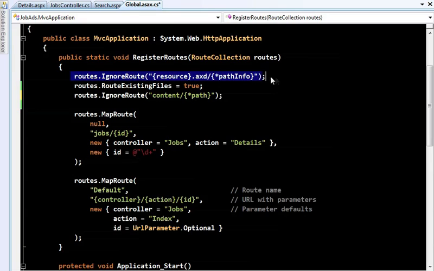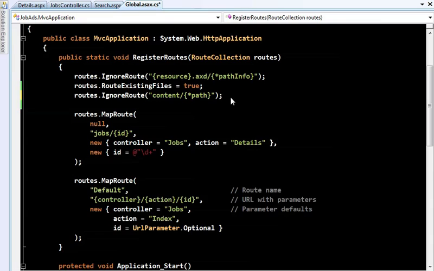And that's exactly how this default entry works, which tells the routing system to ignore all requests with a .axd extension, no matter what else appears in the URL. And in case you're interested, that's needed to make the ASP.NET tracing system work, which uses URLs of the form trace.axd/some other stuff. Also, you're not limited to using catch-all parameters when you're ignoring segments of the URL space.